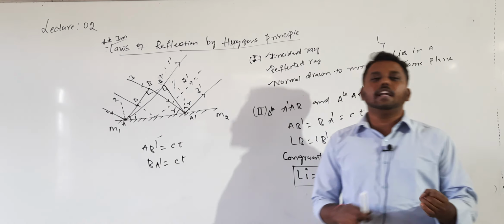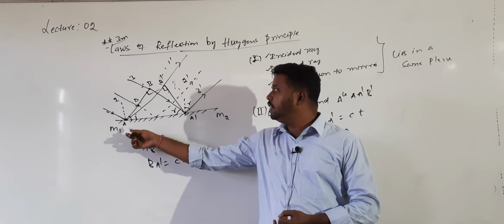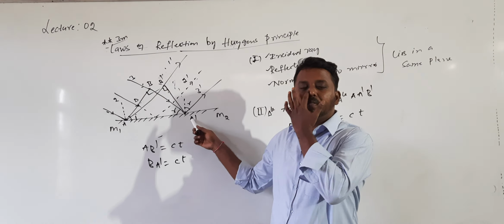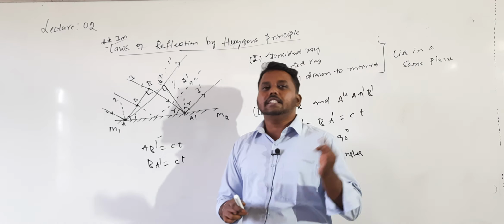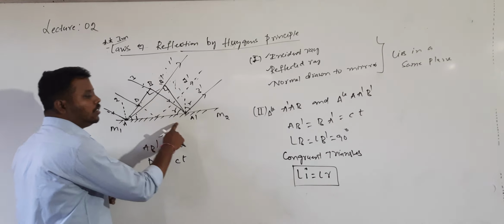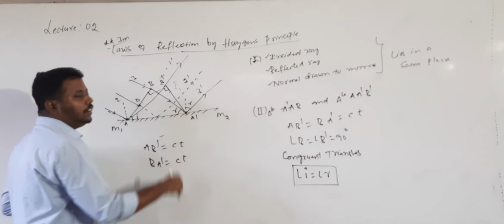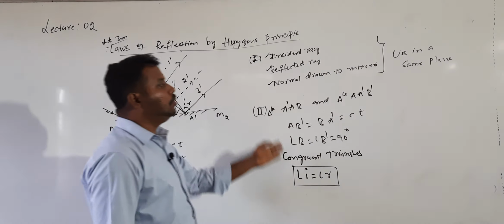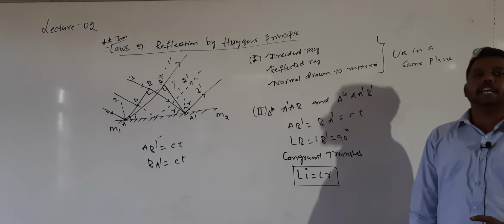In congruent triangles, here what happens? One side value will be C. What is that side value? AB dash value and B dash A dash value are both the same. So one side is the same and one angle is also the same. Such triangles are called congruent triangles. According to the property, the opposite sides are equal, so we can write I value equal to R. Understood? Therefore we proved both the laws. This one gives you the first law and this one gives you the second law.